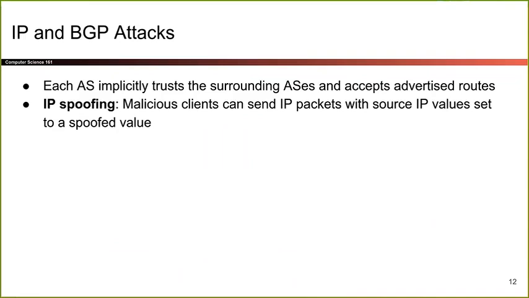So there are a couple of issues with this. The first one is spoofing. We've already talked about IP spoofing, which is if I send a message and I pretend to be someone else, I'm lying about who this message came from. So I'm pretending that this message came from Alice, even though I'm Mallory.